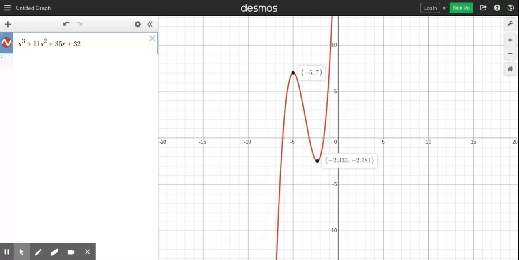The next thing is the domain and range. Domain is left to right, so this graph would continue on to the left and continue on to the right forever and ever. So the domain would be all real numbers, and then up and down is your range. This graph would continue down forever and ever and up forever and ever. So your range is also going to be all real numbers,